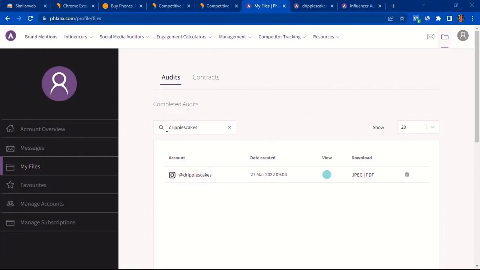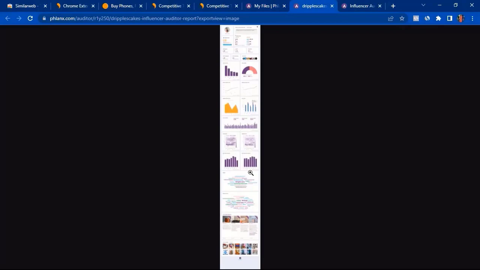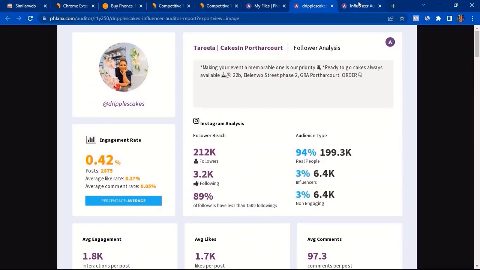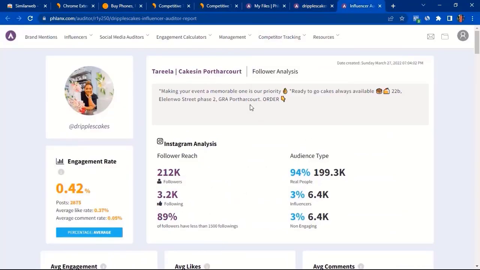So basically, by the time it was done, it had completed the audits, right? But nothing showed up. I had to retype that particular handle here, and it showed me this. So I clicked on this and it opened up in a new tab. I also clicked on JPEG, and it opened up in a new tab. This is what the JPEG looks like, but it's basically the same thing that this other one opened up, which is this. It shows us everything we need to know about it.